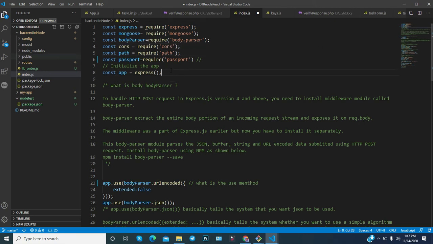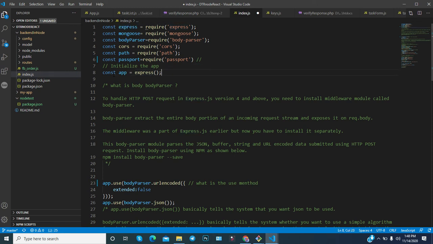And then passport. What is the passport? Passport is utilized for authentication purposes. In some cases, for JWT authentication, it's not required. However, some people are using it. Here we are also going to use the passport, and I will talk about this thing later. That's why it is installed. And now you install Express, and through this Express you have to create an app. It is very simple.